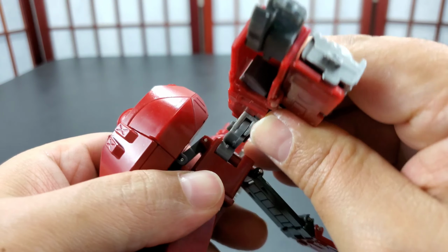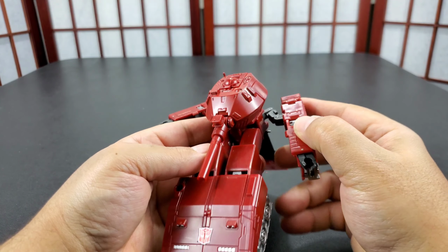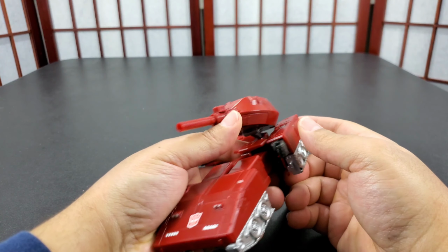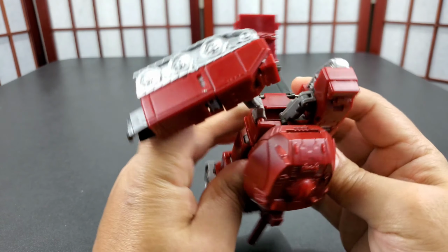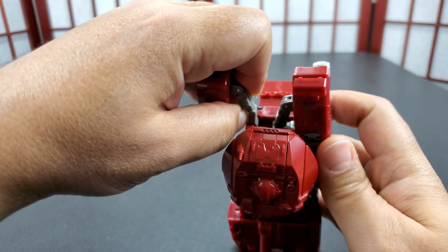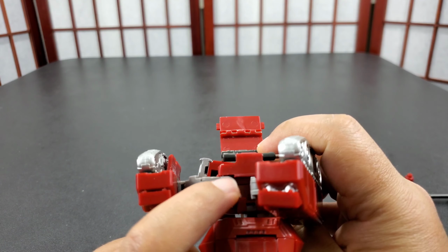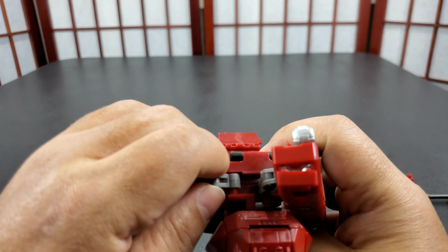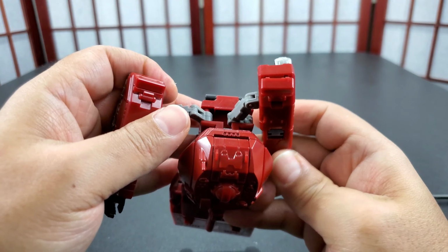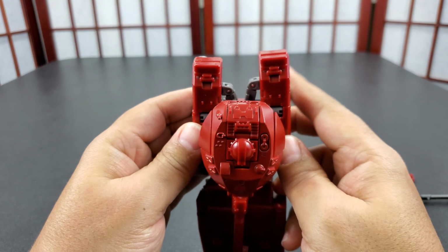Now you can put it over. See how that is? That's how it goes. Do the same way here. It doesn't look like it'll fit, but it does. It's just enough clearance. See this? That's why I won't go in there. You have to slide it down. I almost broke it. So don't do that with yours. I'm here for you. Work for the people. So now it goes down easily, and just like this,